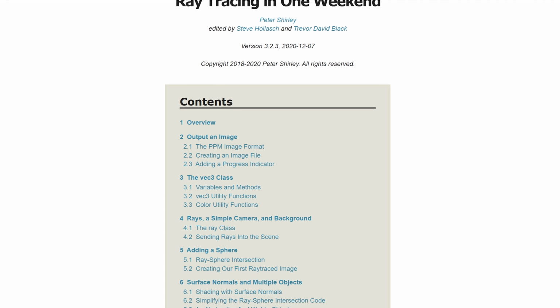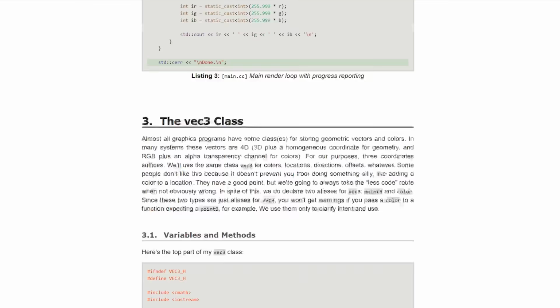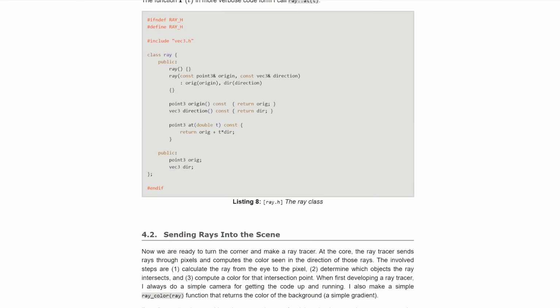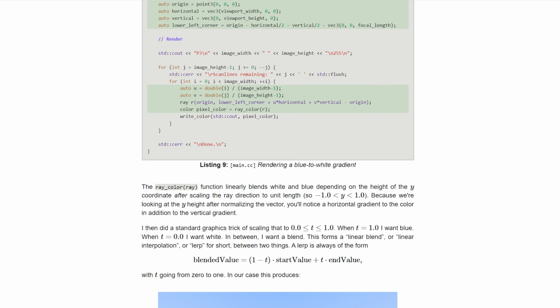I mentioned this last time in that ray tracing video. For those of you who don't know, it's basically like a little website book thing that teaches you ray tracing in a weekend. That's kind of the idea. Now I did mention that I would probably take a seat at some point and do my own kind of ray tracing in a weekend. That is, implement the ray tracing in a weekend, try and improve it and make it kind of like an educational video series. I am still planning to do that, but when I opened up my emails today, what